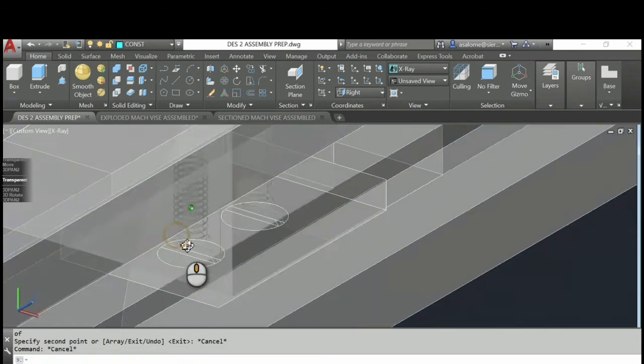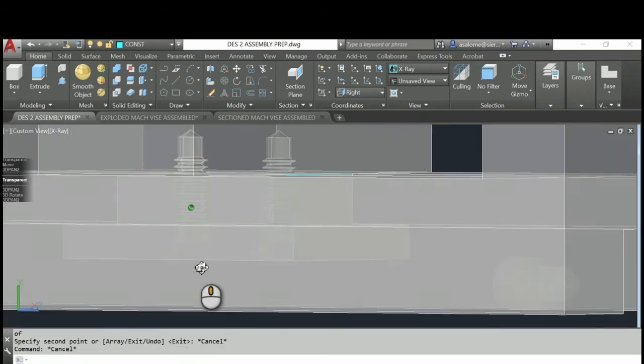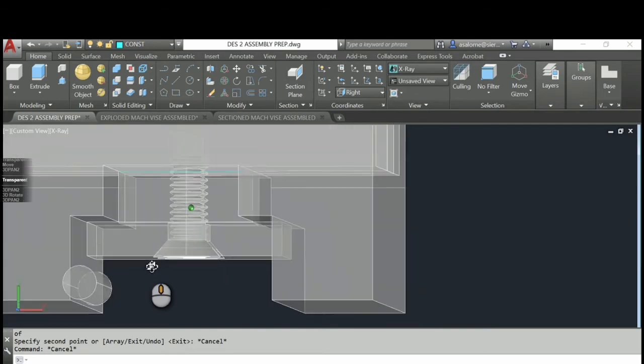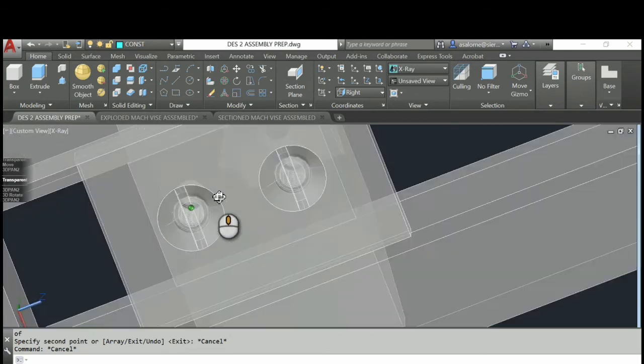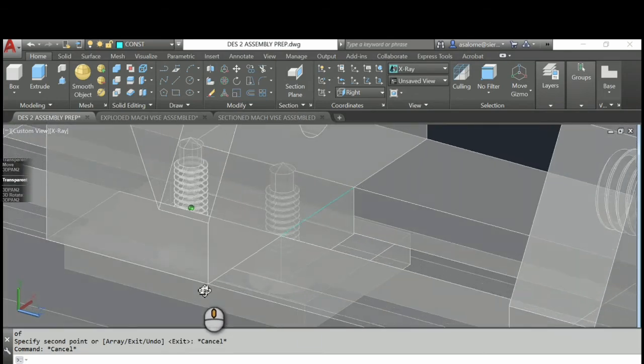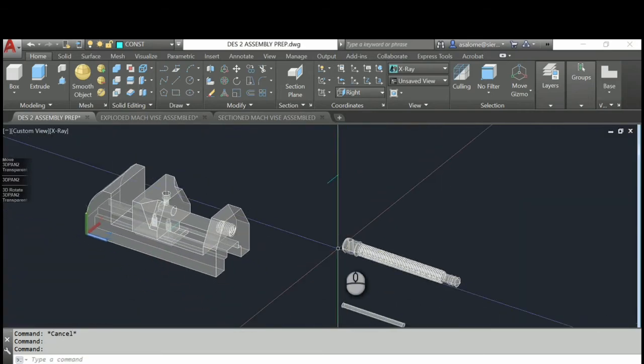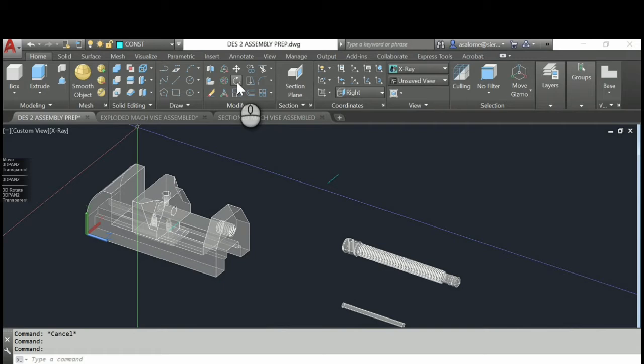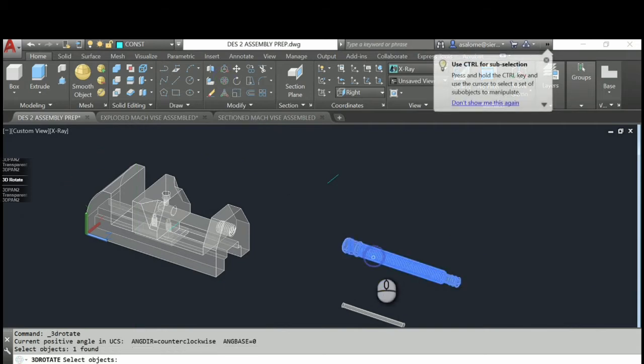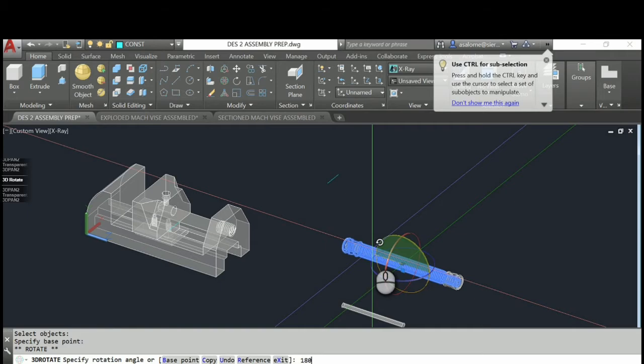I can 3D around, I can X-ray, I can check my views to make sure that those are lined up and that they're in the correct position. Okay, next I'm going to put the main screw in, but again, it's pointed the wrong way, so 3D rotate gizmo. We're going to go around green 180.